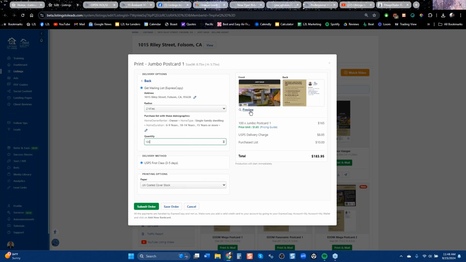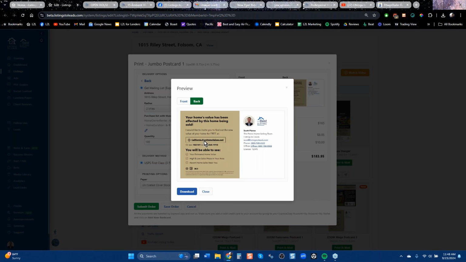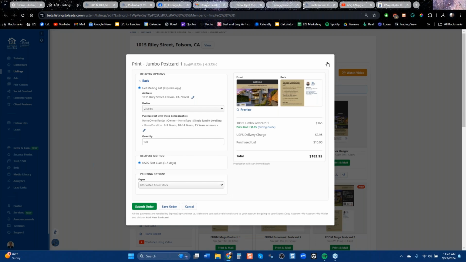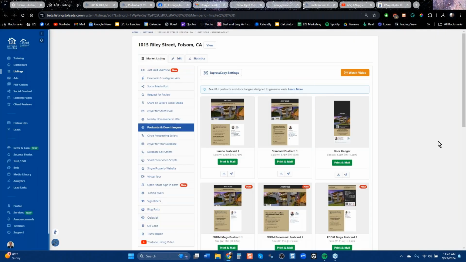But they download it, they print it. What's the problem? There we go. Looks like that. You can scan it on the back, get your free home value, right? And that's the thing. If you're mailing things out, you probably got your photograph over there and your phone number. Call me. We have call to actions where people can get their own information without talking to you, as long as they give you their contact information. So that's why if you're doing print, you got to look at what Listings to Leads has for you.